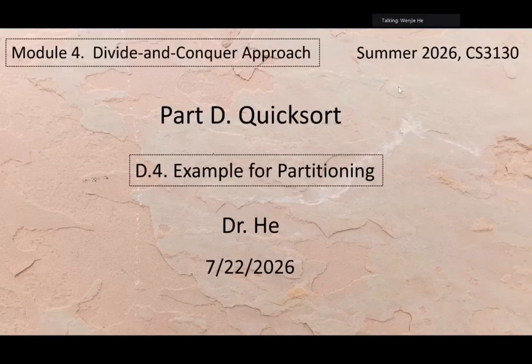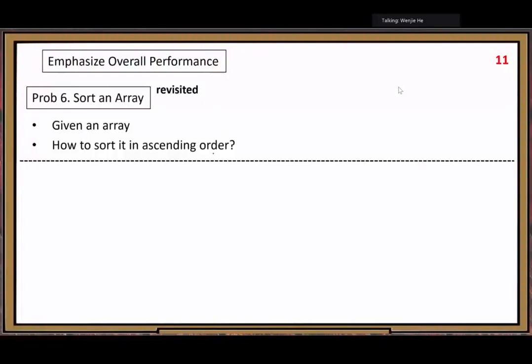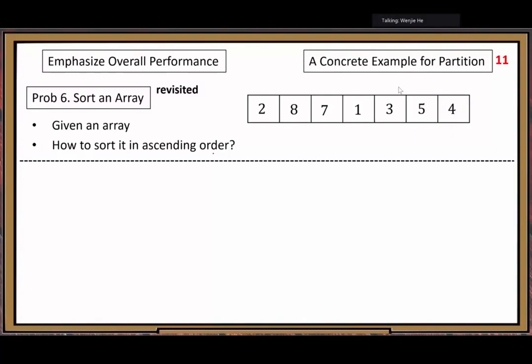Here I have about 5 minutes, so I think I have enough time to work on one concrete example to show you the working details. So let's do the work. A concrete example, a small subarray, simple as this one.